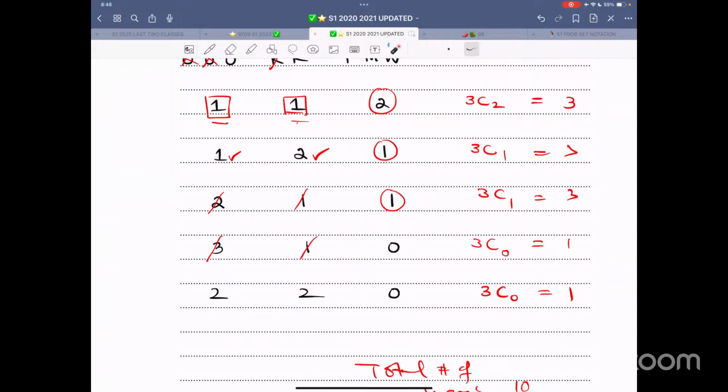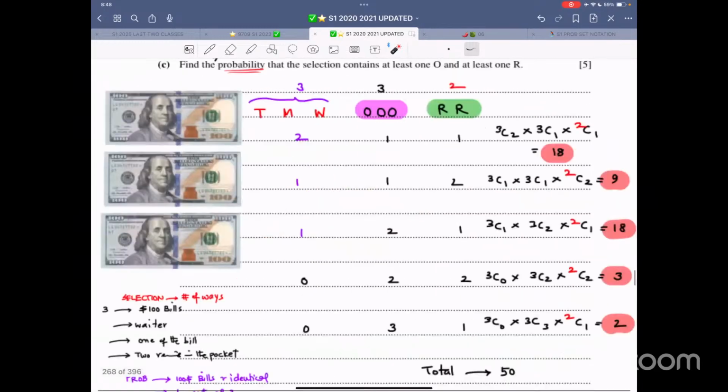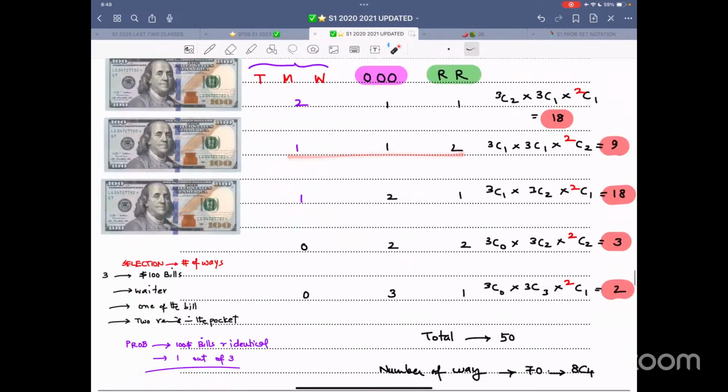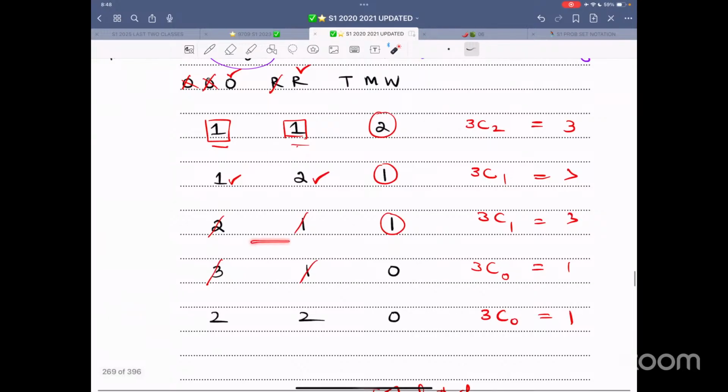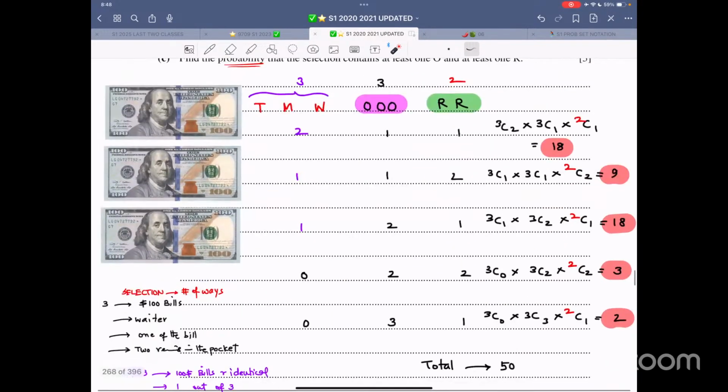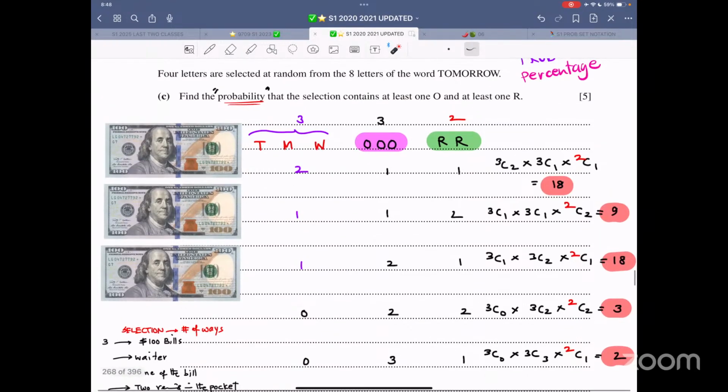Let us focus on this thing first. 112 and then 220. So first focus on 112 and 220. And then what else is there? There is this, all these different options are there. Okay, come back to this. Over here, when I want the selection to contain at least 1 O, at least 1 R, so it is 112, and the positions are different. And this is like 121, this is like 211, this is 220, this is 310.